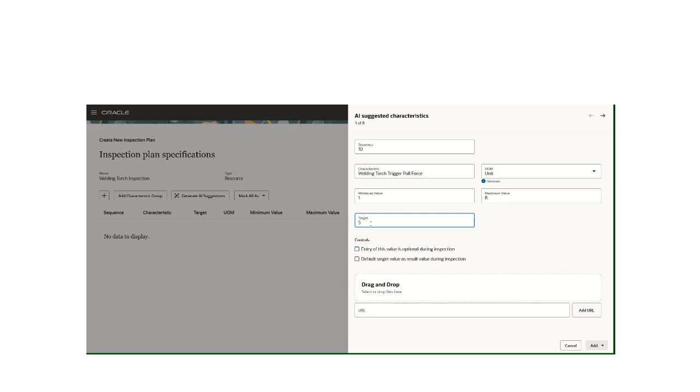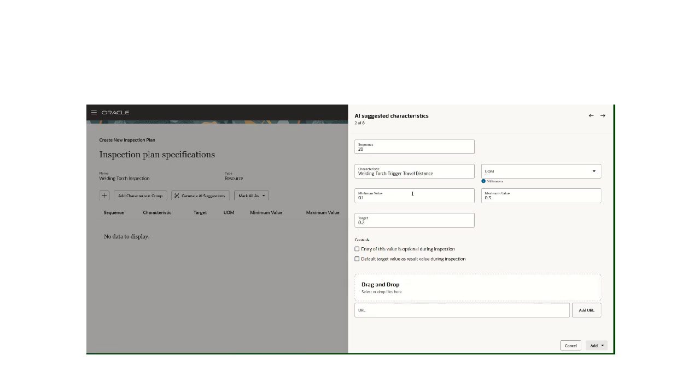Change our target. Like any other specification, we could say that this is optional during inspection. We can default a value, and then we can go ahead and add this particular characteristic and go to the